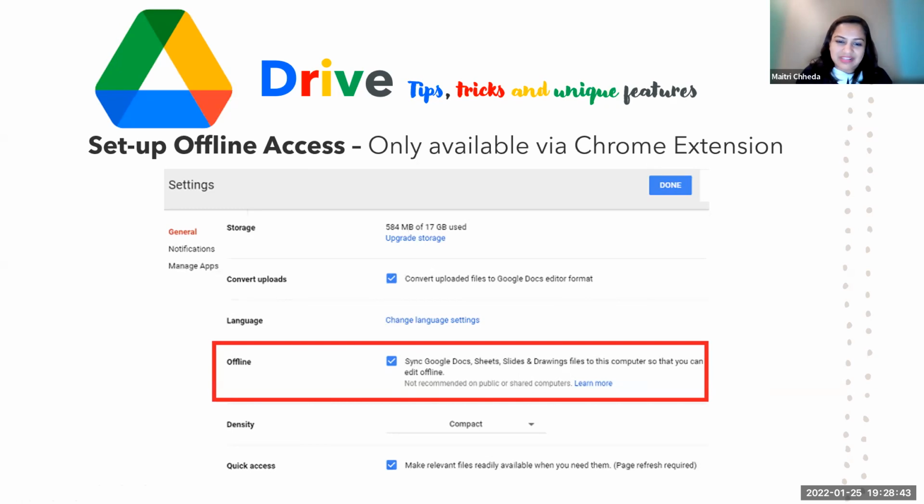Otherwise this is not really recommended, because it uses a lot of data, cache, and bandwidth, and when you come back online, that syncing will take a lot of time. In a multi-person environment, if somebody has already worked on that document, version management sometimes gets confused, because you might have worked while offline, and getting synced could take a lot of time and confusion. But yes, this option is available, set up offline access, so that access can be done.